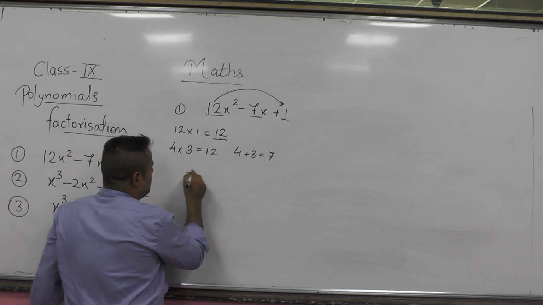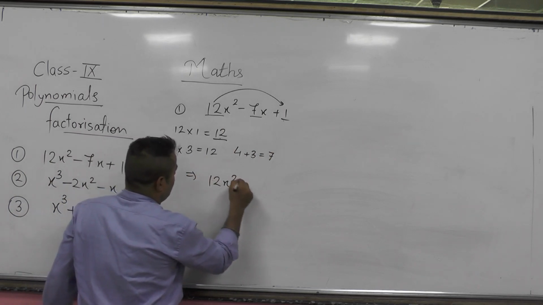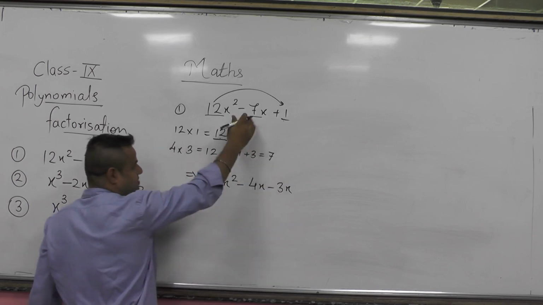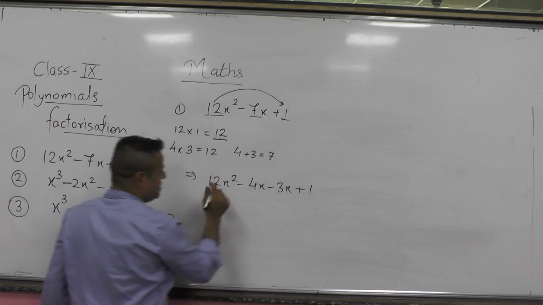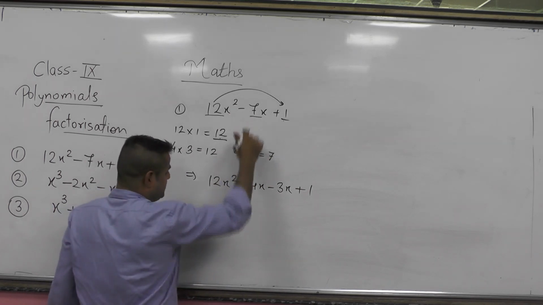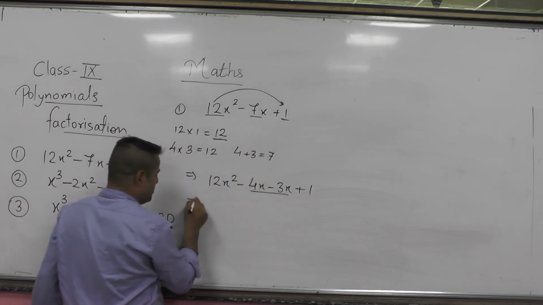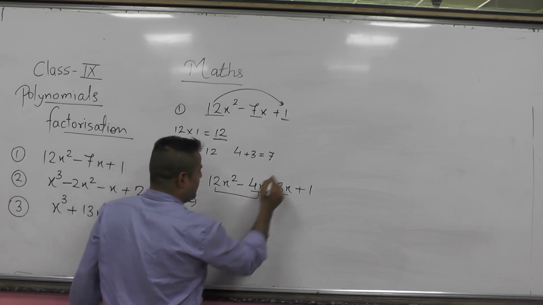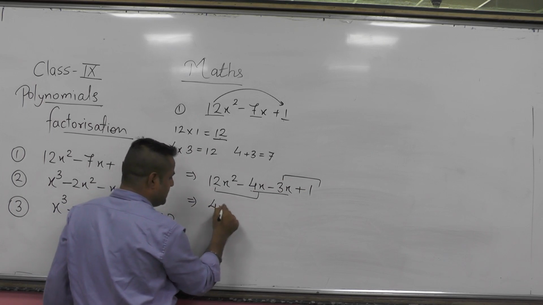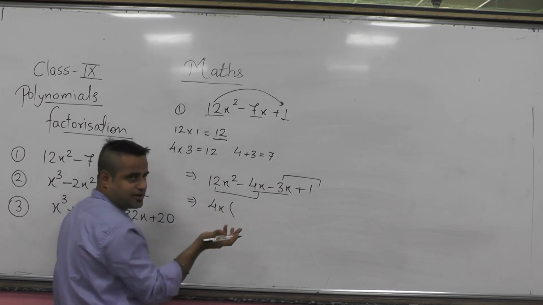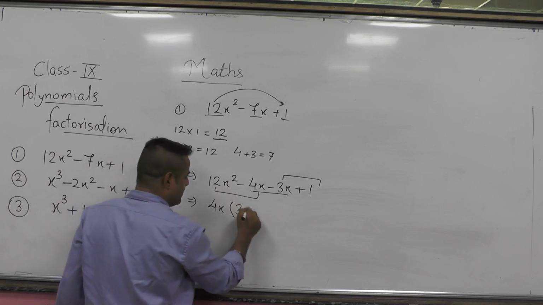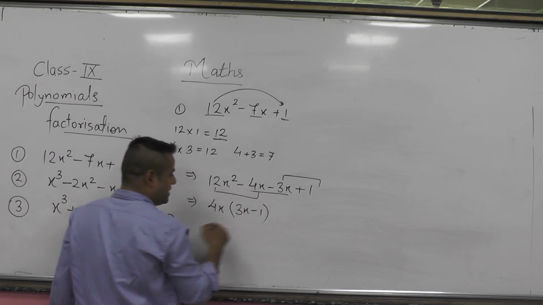See, we can write it as 12x square minus 4x minus 3x, because minus 4 minus 3 gives us minus 7, and plus 1. The first and last term will remain the same. Now, since we split the middle term into 2 terms, we can pair it with the other terms. We can get 4x here, because 4 3s are 12, we can get factors of 4 and 3. So 4x will be common here, here 3x will remain, and here nothing will remain, so that 1.